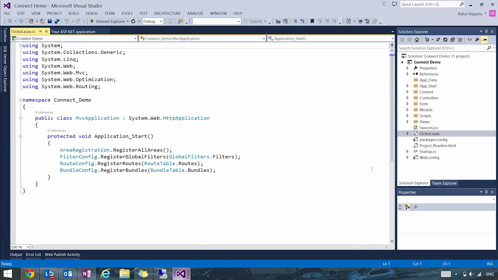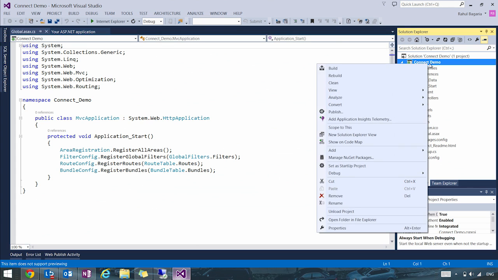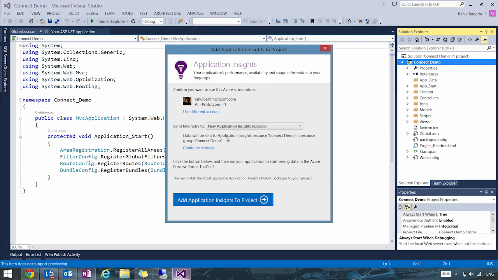Here I have Visual Studio 2013 Update 4, and I have my application solution already open. I can add Application Insights to my ASP.NET app. I right-click on the project and choose Add Application Insights Telemetry. Now, I am already signed into Azure, so I have a default Azure subscription. I will accept the default names for this app, which will create the component on the Azure portal and get